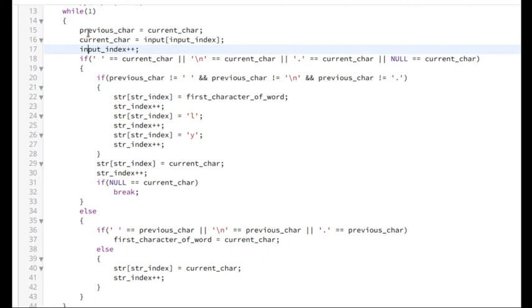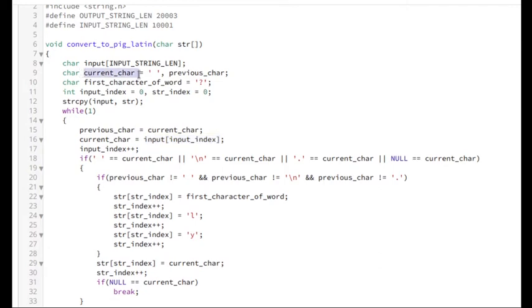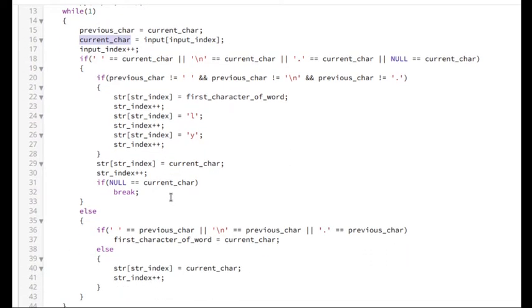So what happens currently, what I do: there is a character variable named previous character. Whatever is the current character, I remember it as the previous character, and then I update the current character from the input, right? So I am remembering the previous character for later use. It will be clear later. But right now, if you remember, current character is space. So previous character will become space, and current character will become the first character in the input.